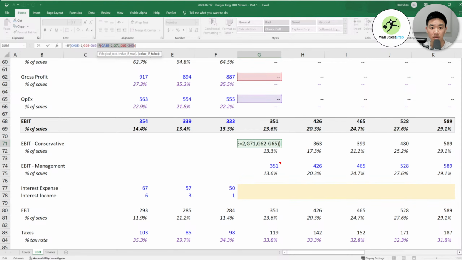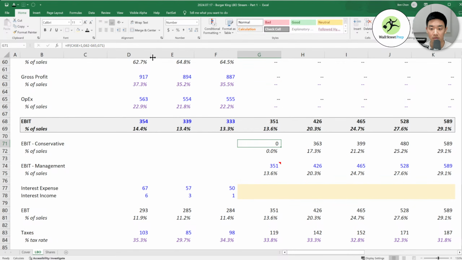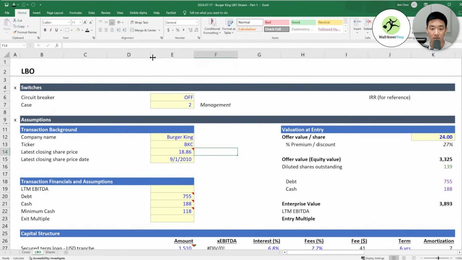What you might be asking is, okay, if case 1 equals this, do this, if not, then take this. Yeah, it turns to 0. Yeah, I don't think this works.